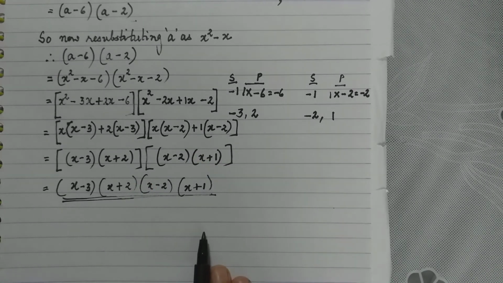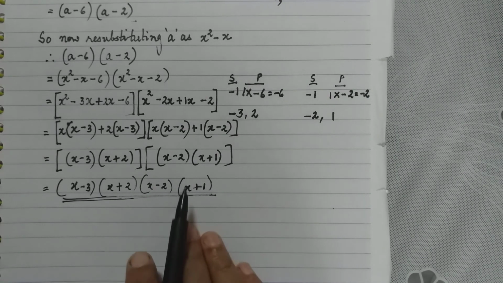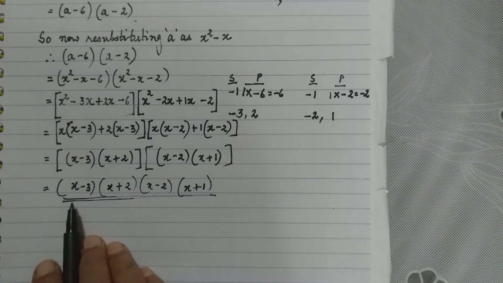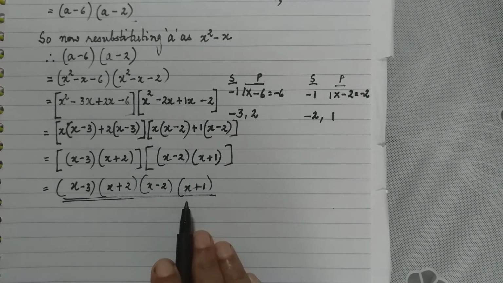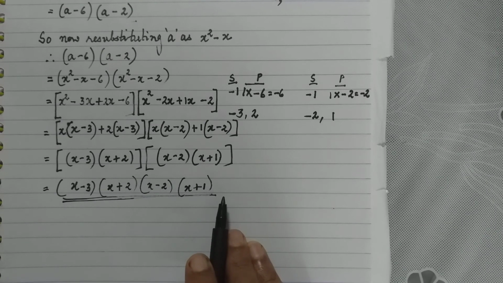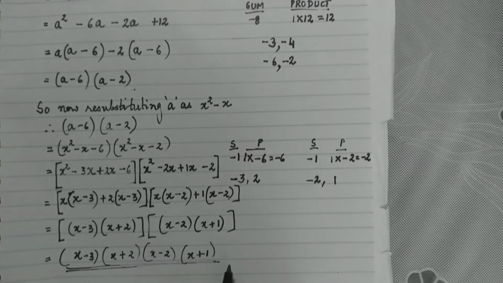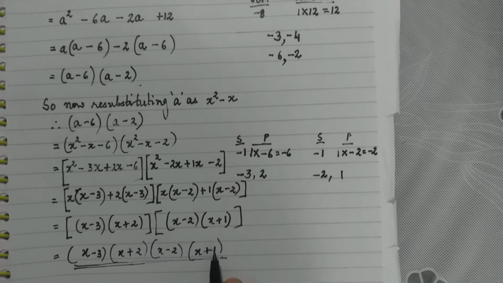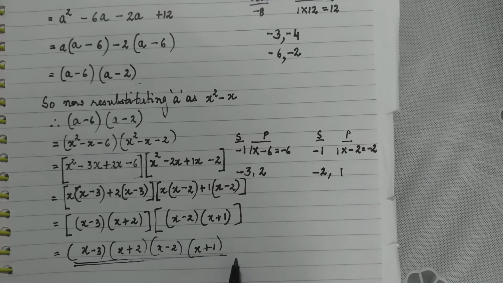Now when you do the sum, there may be a change in the arrangement of the terms. Maybe x minus 2 is earlier, x minus 3 is last, anything. But all the factors should be present. Then we say that the sum is complete and correct. The order in which the factors are present is not important. Only that all the factors with the correct terms which are inside the bracket should be present.